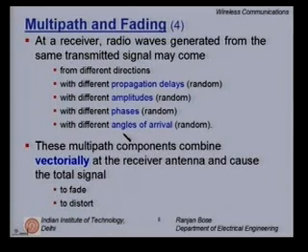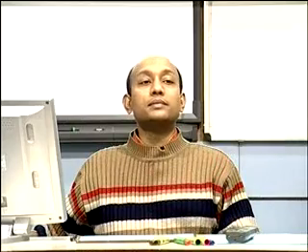For example, a very simple way to overcome the effect of fading is to have a very directional antenna. If I have a directional antenna, then I only receive signals from a certain direction, most likely the strongest reflected signal, and I cut off all the other signals. Clearly, if I do not have a vector sum of various multipath components, I do not get the effects of fading. Of course, there are other problems associated with having a very directional antenna.